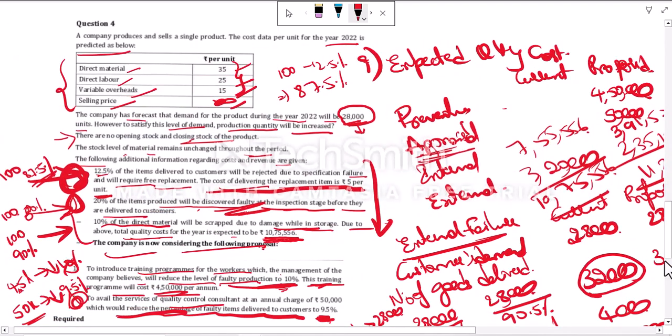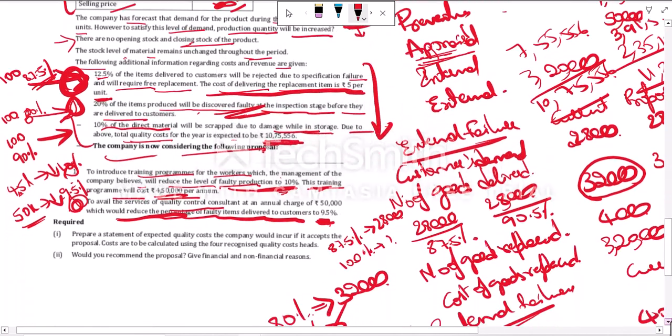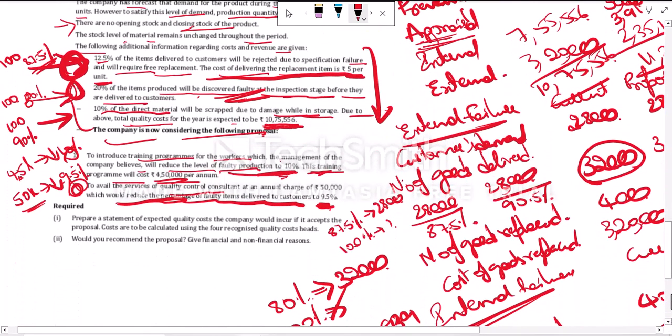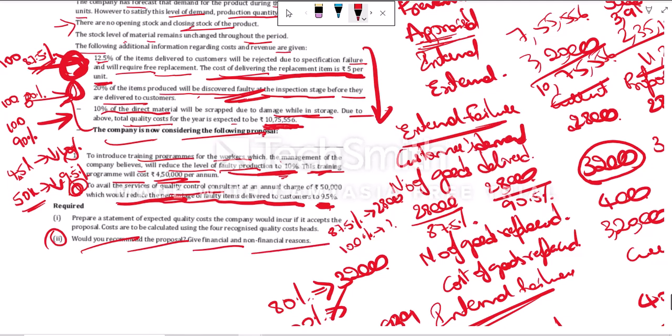So actually they have asked you to calculate the total cost in current and proposed scenario. We have calculated that. Now read the second question. Would you recommend the proposal? Give financial and non-financial reasons. See, in financial perspective, this is not good to follow this approach. But when we go to non-financial perspective,